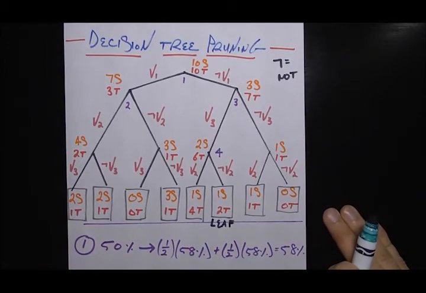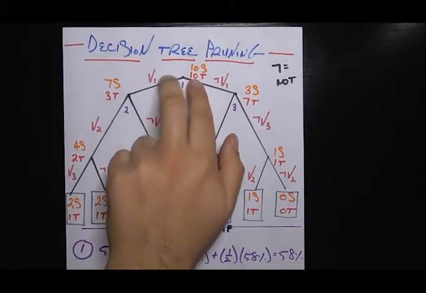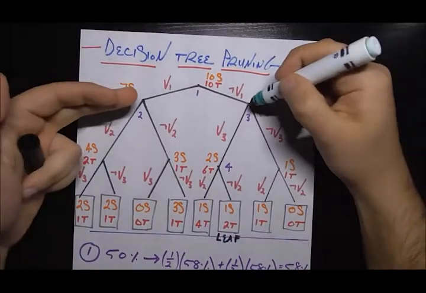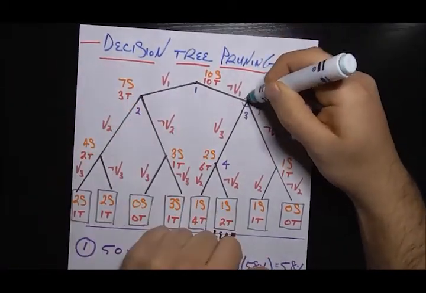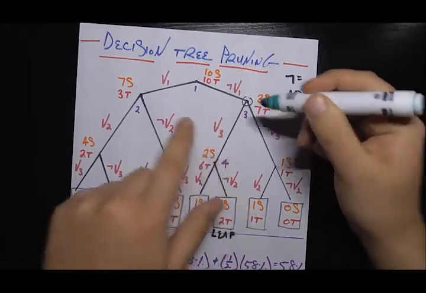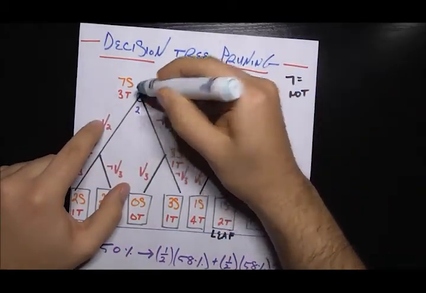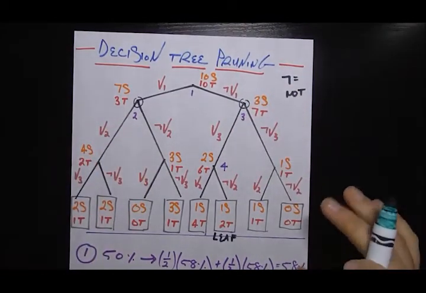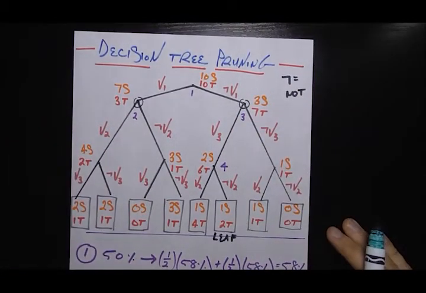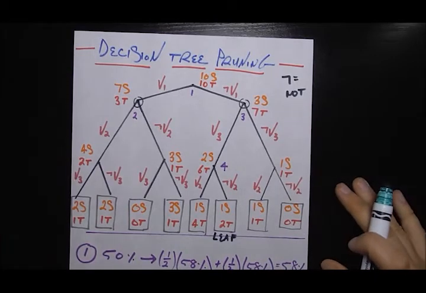One thing I do want to point out is that once the decision tree branches, we can split on different variables. For example, here we split on V1. This branch right here is on V3, but its corresponding sister branch over here is on V2. So once the tree branches, you don't have to branch on the same symmetrical object or variable each time. Okay, that's one thing I wanted to make very clear.